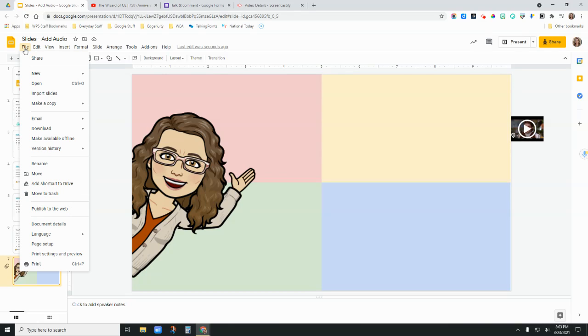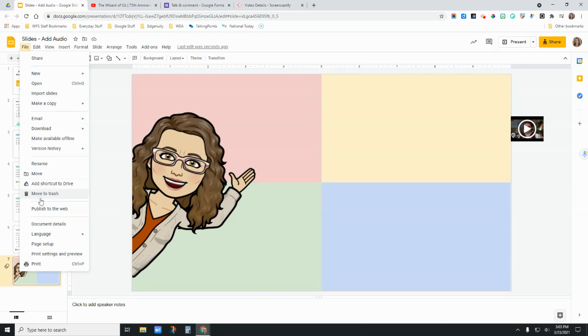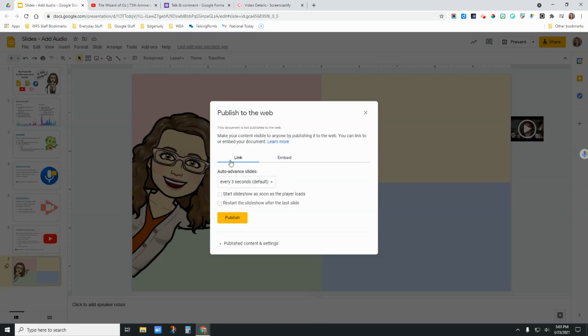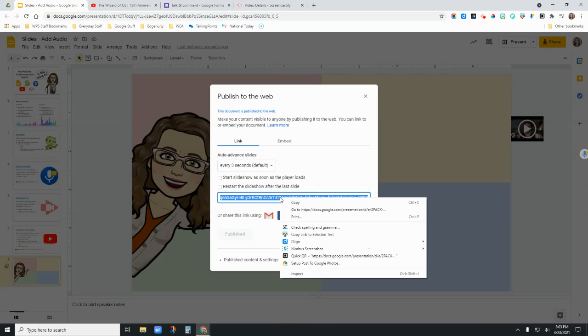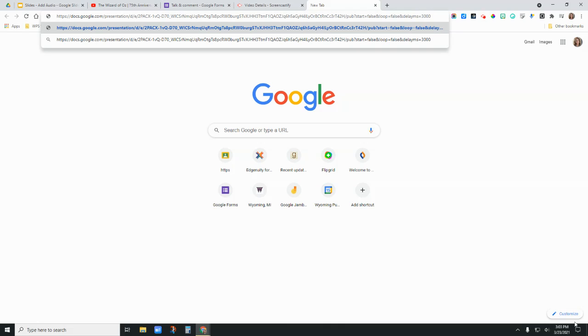But you can share slideshows differently as well. Instead of going to share, you can do file, publish to the web. Now, what this does is you can just leave it at this, or you could say you want to auto advance, or you can say start slideshow as soon. These don't really matter, but once you hit publish, it's going to give you a unique link. So if I copy that and paste it, the slideshow that I'm going to see